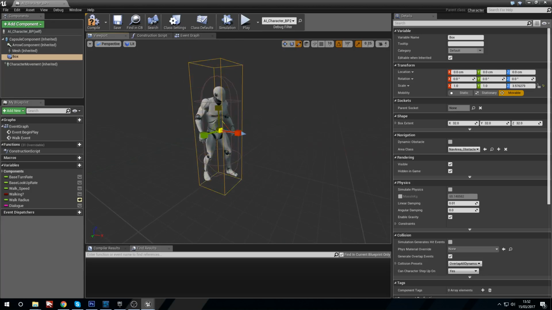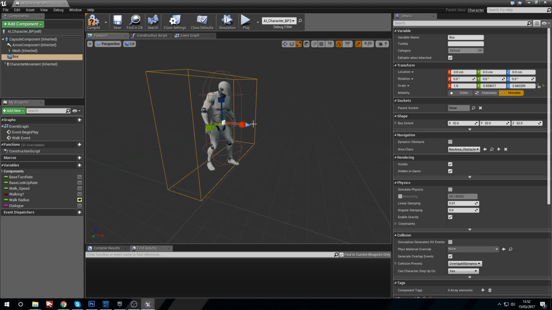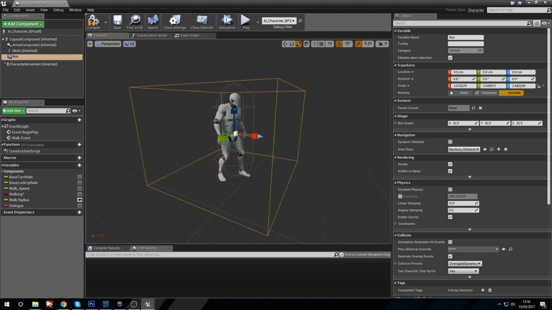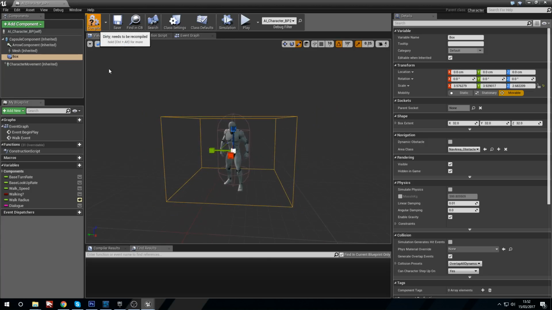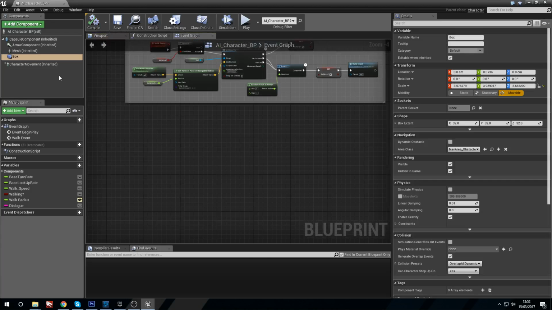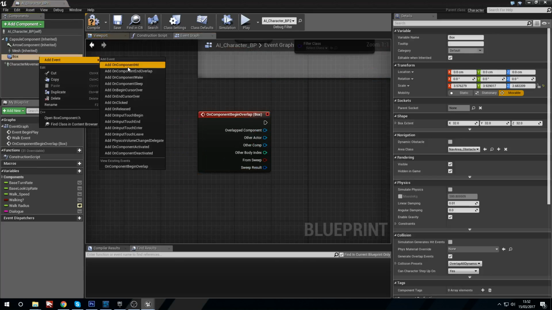And now we need to make sure that this encompasses our guy, that gives us enough space for our player to actually get in there and interact with him while he's running around. So we're going to make it about that big. And then what we're going to do is we're going to add an event on overlap and add an event